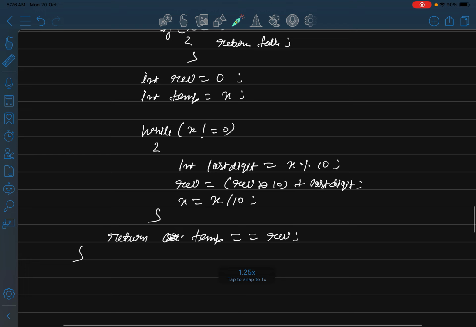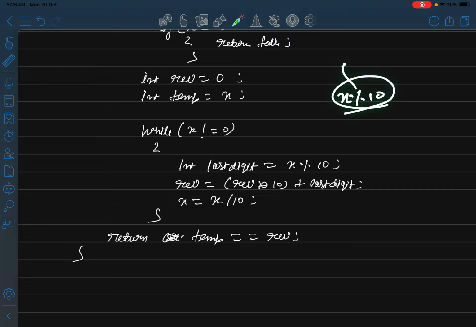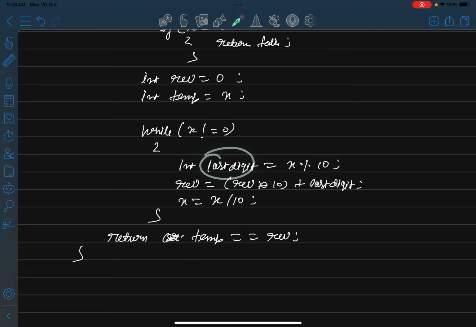Now I run a loop. In that loop I calculate the last digit of the number using this formula, x modulo 10. This will give you the last digit of the number. After this I add this last digit into the reverse variable using this formula.